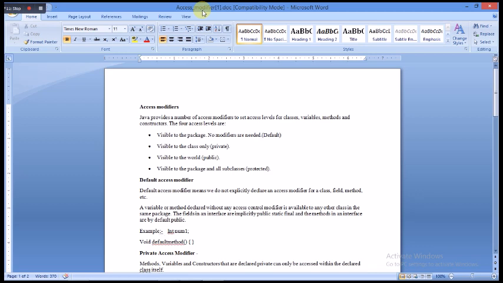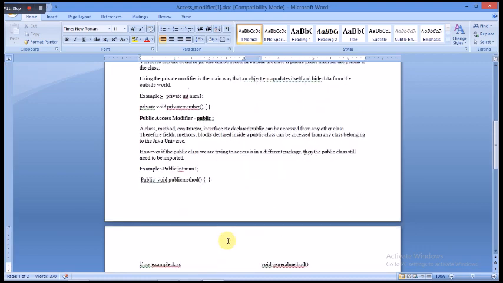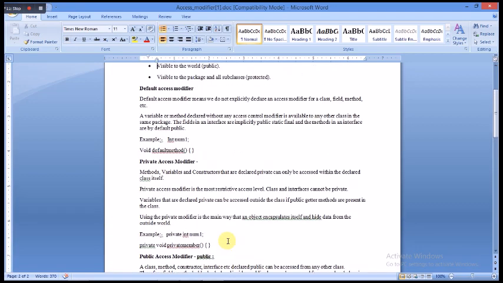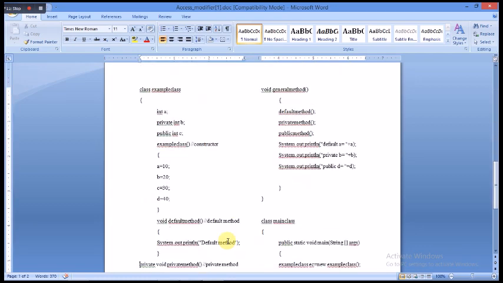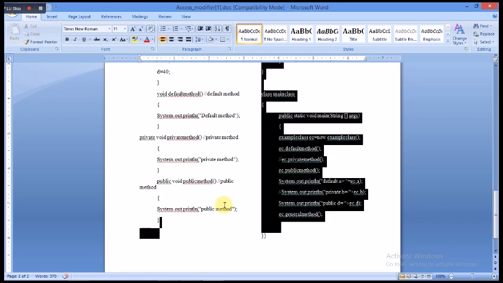Let's say if I want to change anything in my document, and I don't want these things, then I can erase and delete them.